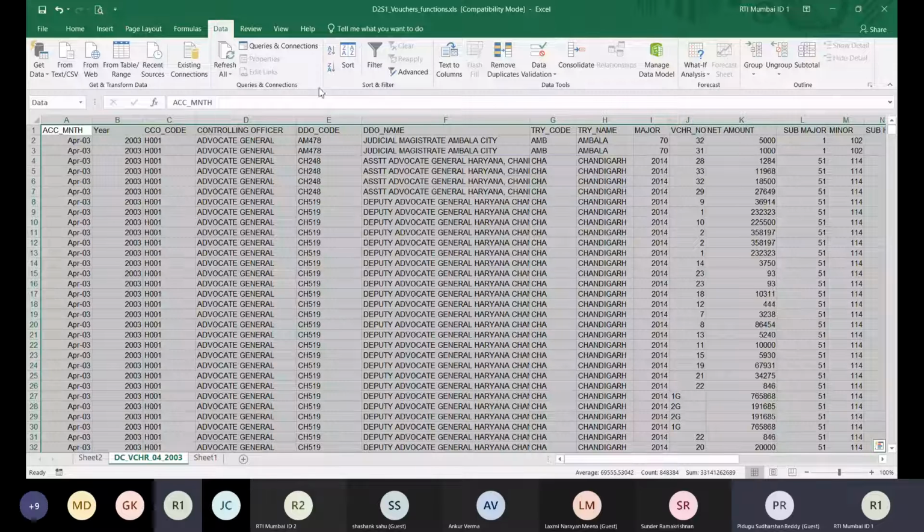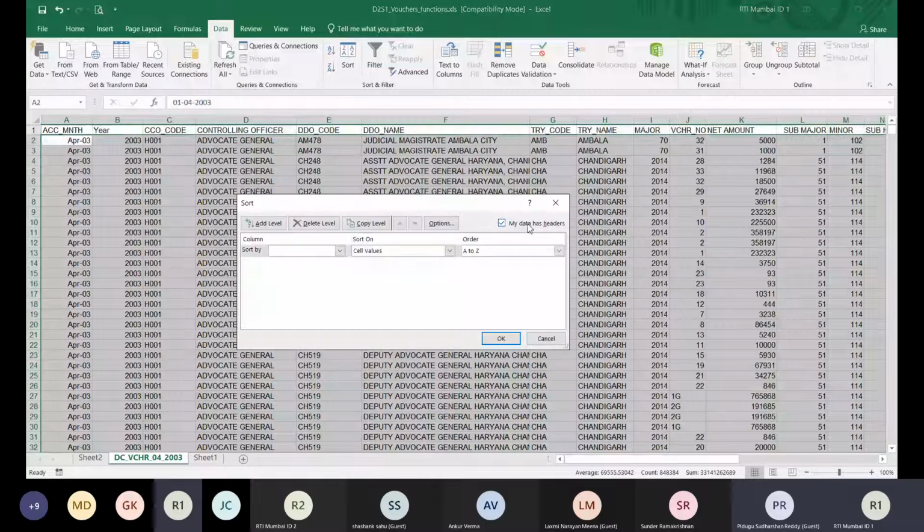और सिलेक्ट करने के टाइम पे आपने अगर ऊपर का जो पहला वाला टाइटल कॉलम लिया है तो उसके अंदर एक ऑप्शन है यहाँ पे माई डाटा हैज हेडर्स। अगर आप कंफर्टेबल हैं विदाउट हेडर तो आप विदाउट हेडर वाला डाटा भी सिलेक्ट कर सकते हैं, लेकिन फिर यहाँ पे सॉर्ट बाय में वो हेडर का नाम आएगा नहीं। आपको कॉलम ए, कॉलम बी, कॉलम सी, कॉलम डी ऐसा आएगा। अगर मैं इसको निकाल दूं तो आप देखेंगे यहाँ पे वो हेडर का नाम नहीं आएगा, कॉलम ए बी सी डी आएगा। इसका मतलब कि ये जो फर्स्ट लाइन है वो भी डाटा हो गया, लेकिन वो मेरा डाटा नहीं है, वो हेडर है। तो मैं हेडर को एक्सेप्ट करूंगा यहाँ पे।